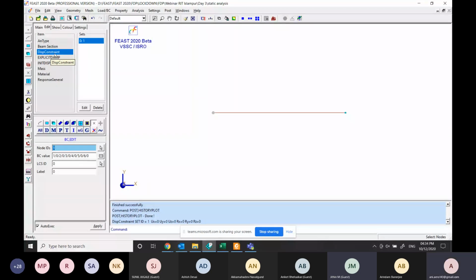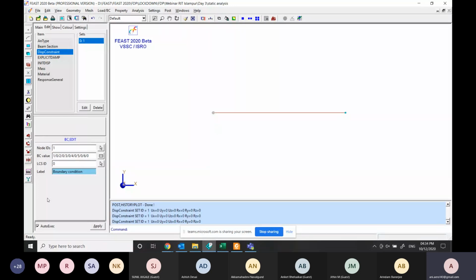Okay, sir. I'll just explain. See, on the screen, I'm just going to this edit tab. In this displacement, if I click on this displacement, there will be 0 is to 1. I'll simply explain what it is exactly. So here, 0 is the name of the label. So at the bottom, you can see name of the label is 0. So I'll just change the name to, I'll just type boundary condition.